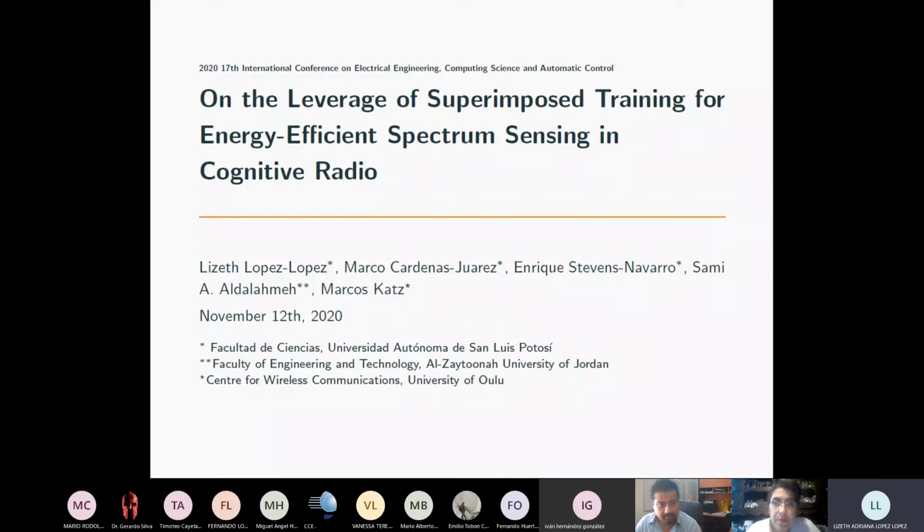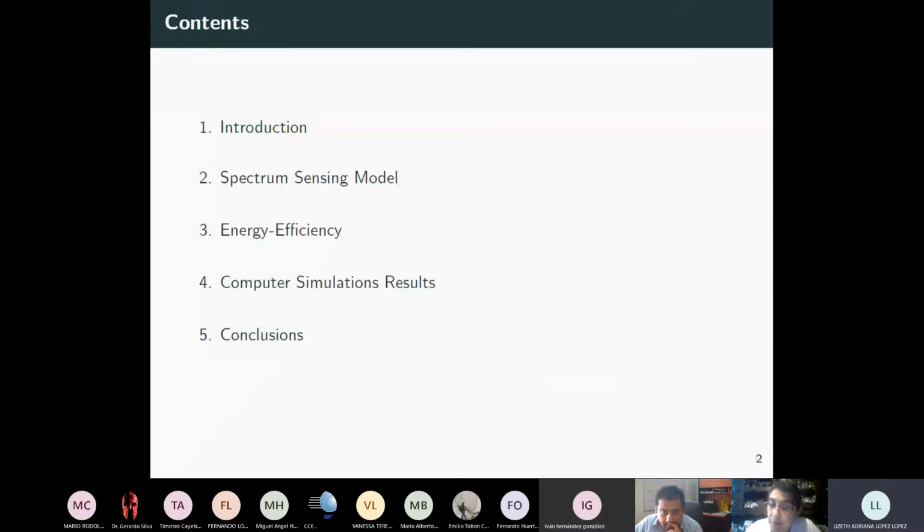Good afternoon. This is Lizeth Lopez-Lopez, and I'm going to talk about the advantages of exploiting the implementation of superimposed training in the context of spectrum sensing to improve the energy efficiency in cognitive radio. This work is titled "On the Leverage of Superimposed Training for Energy Efficient Spectrum Sensing in Cognitive Radio." First, I'm going to give you a brief introduction,